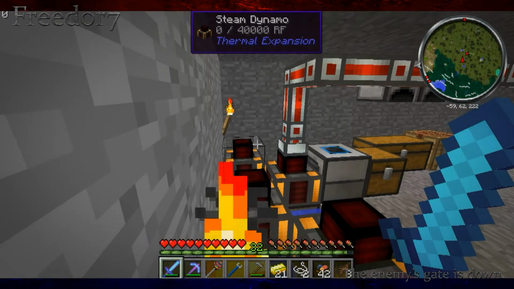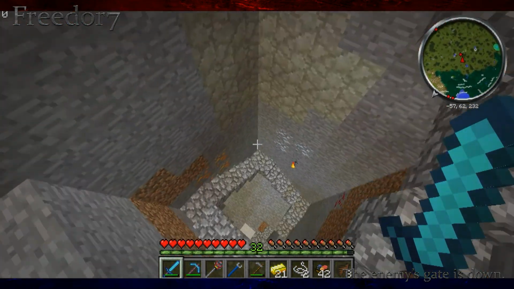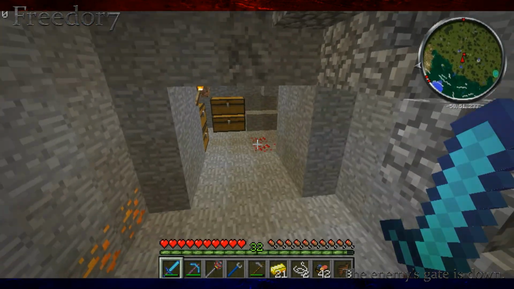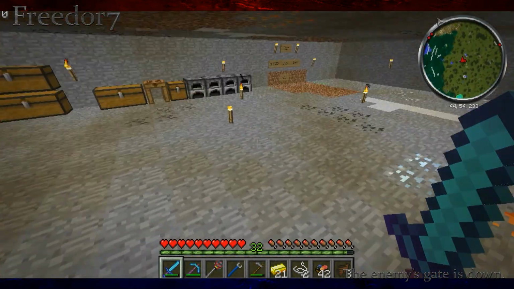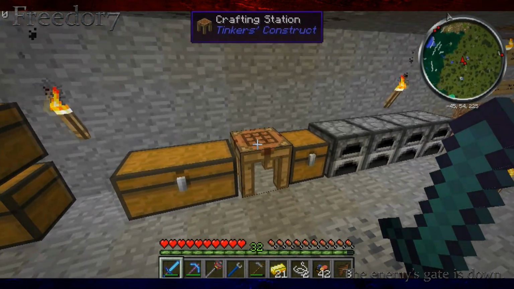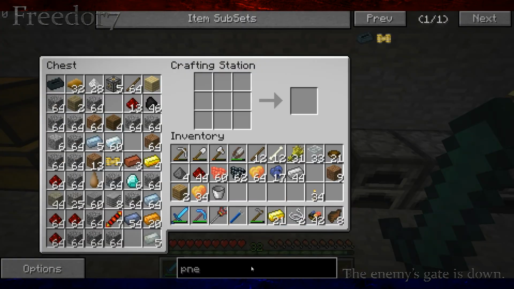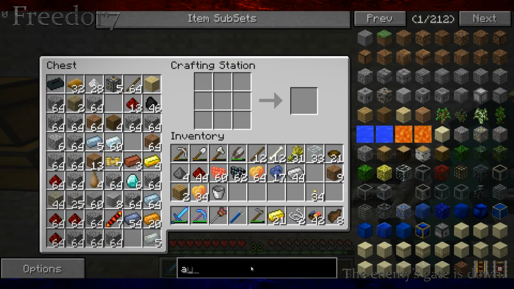Oop, there we go. So today we're going to build a small farm, a very small farm. It's just going to be mostly manual. I'll automate later, obviously, and eventually I will want to use the Mine Factory Reloaded, or more of the Mine Factory Reloaded stuff, specifically the auto spawner, which is a nifty little